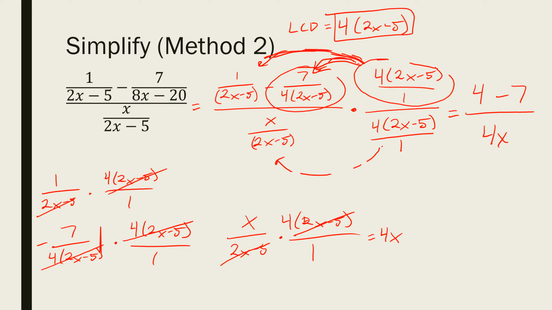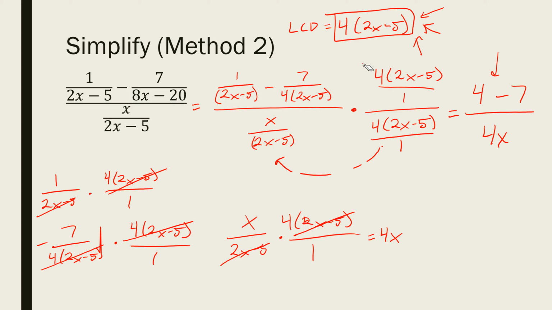Notice what happened here. Since I multiplied by the LCD, are there any fractions left once I distribute that in? And the answer is no. Multiplying by the LCD always cancels the denominators. So that's why this is a very effective method. Since I multiplied by the LCD, I've now canceled all the denominators, and I'm left with just simple things on the top and the bottom. So multiplying by the LCD, it cancels the